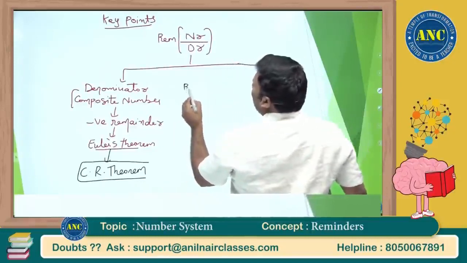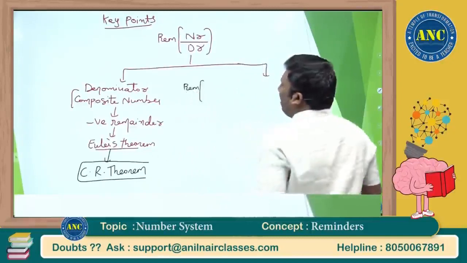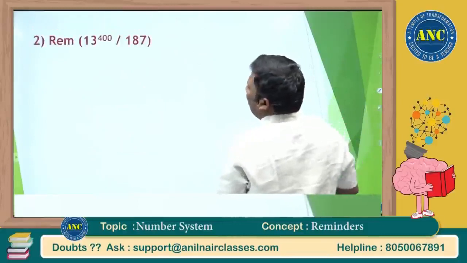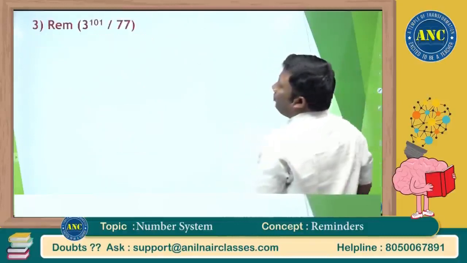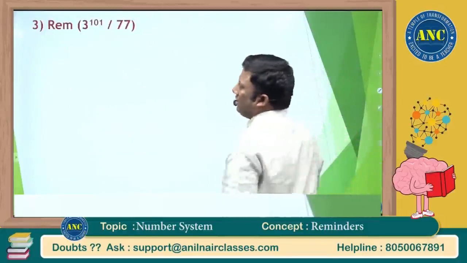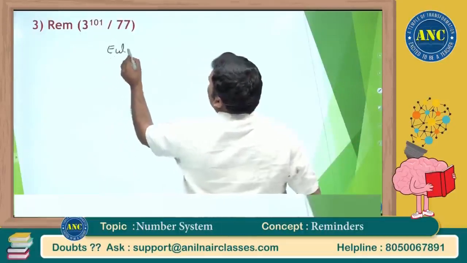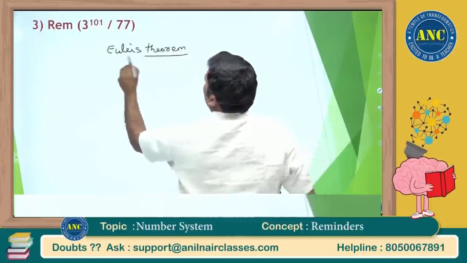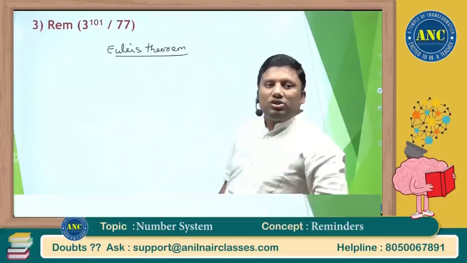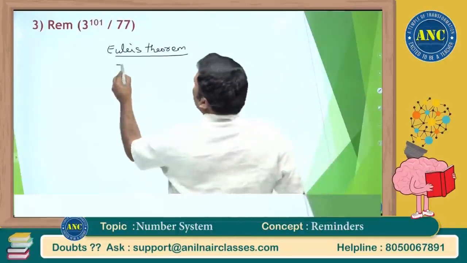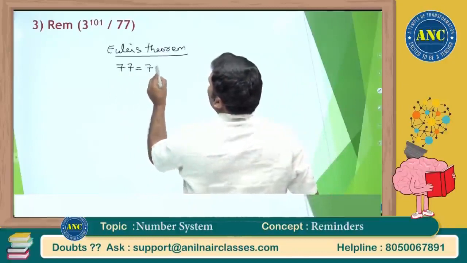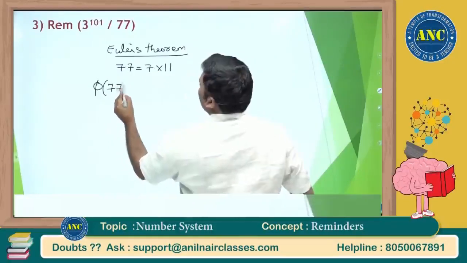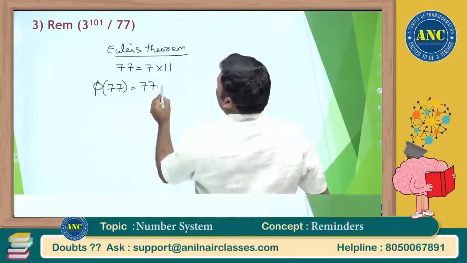For example, if I take this question: 3 power 101 divided by 77. Let me see what will happen if I use Euler's theorem. Euler's theorem is used when the denominator is a composite number. 77 is 7 into 11. So the totient function of 77 is n into 1 minus 1 by p1,